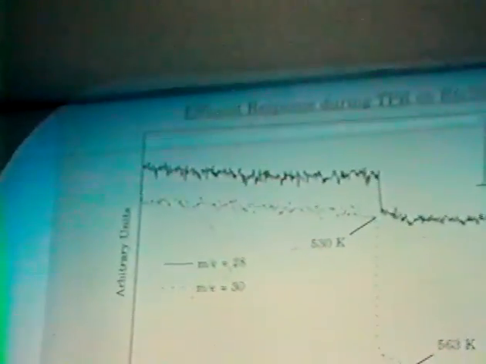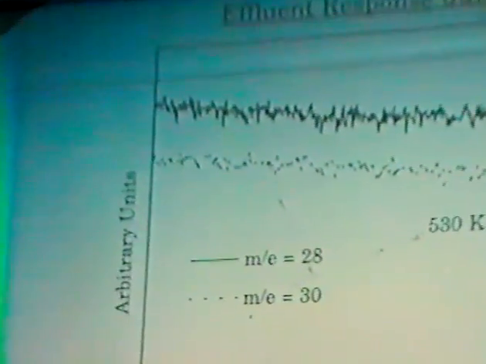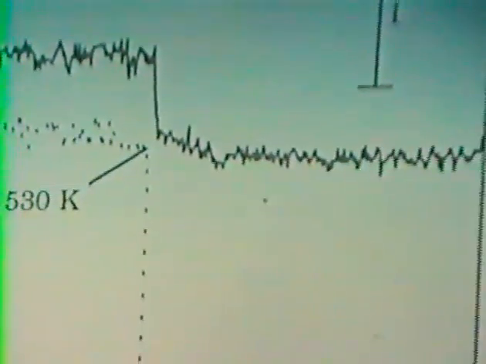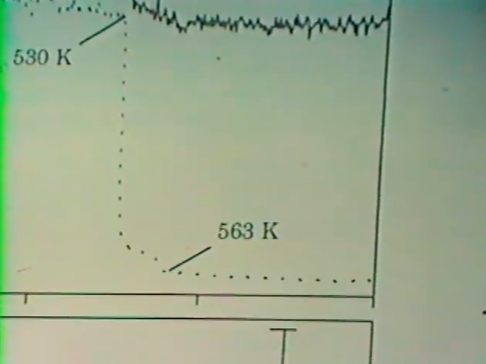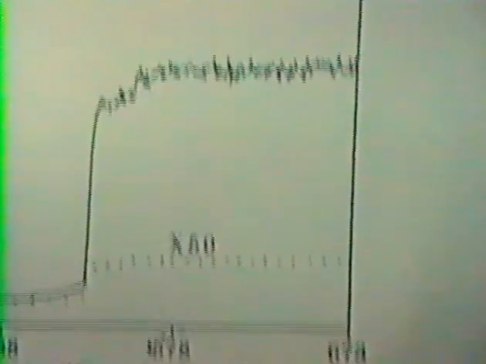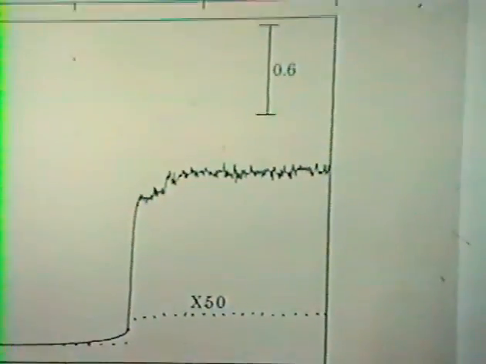The next experiment we conduct is a temperature programmed reaction. The way we conduct this experiment here is after we conduct a steady state NO-CO reaction, we decrease the temperature down to room temperature, then slowly heat this catalyst at 10 degrees K per minute up to 400 degrees C, or 673 degrees K here.